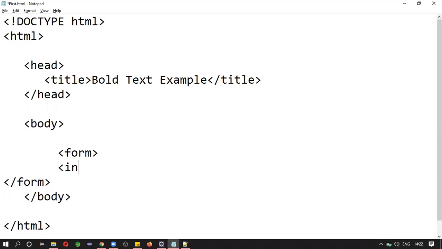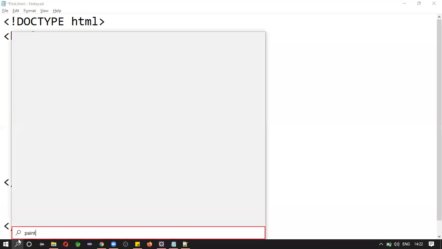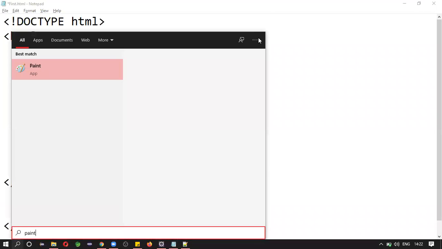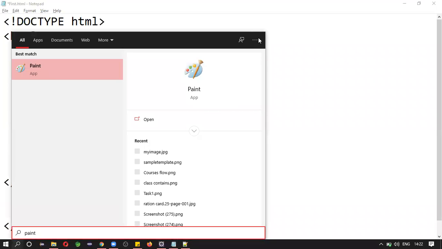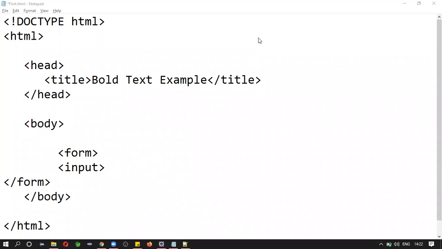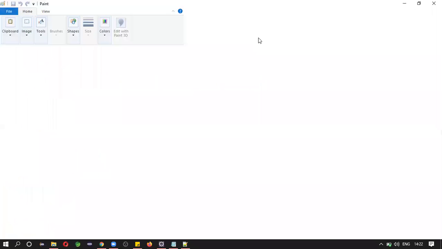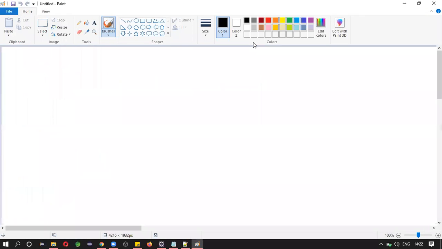Next, first you need to know what to be placed in the form, what kind of data you are interested to place there. Let us open Paint. First, let me know how many of you already know this. Please reply. Okay, if you didn't reply, I cannot do anything. I will simply fast forward.